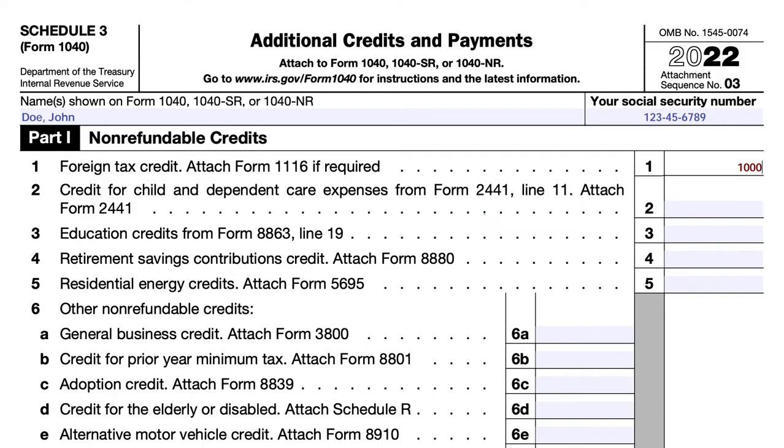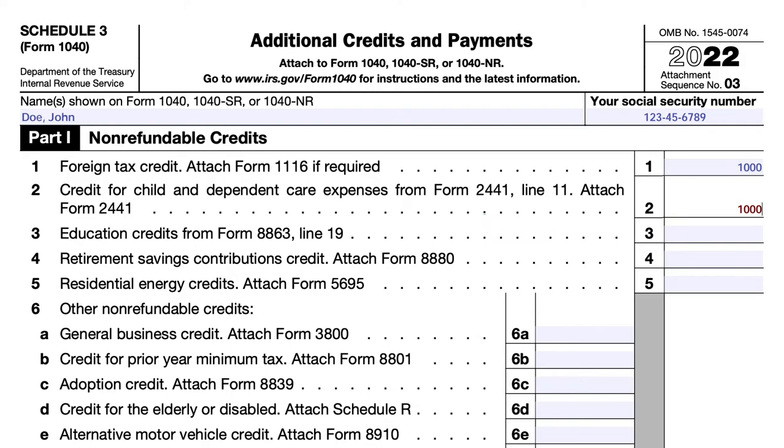And actually, unless otherwise specified in the form, you're going to attach the applicable form. So in line 2, we're going to discuss the credit for child and dependent care expenses. You can find that on IRS Form 2441, line 11. And so you might be taking this credit if you have a qualifying child under the age of 13 that is your dependent, and